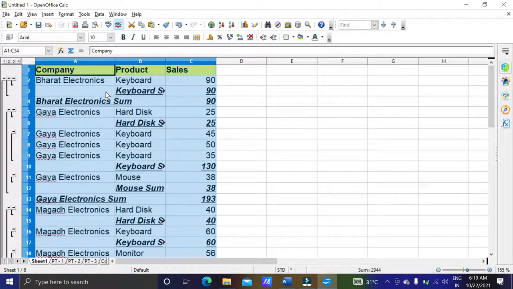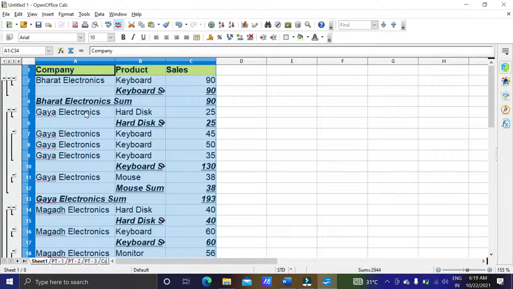Let's see what happens. So you can see first grouping is done according to company, keyboard. Second, you can see according to product also. Gaya Electronics hard disk, then sum of hard disk. Gaya Electronics keyboard, then sum of all the keyboards sold by them. Gaya Electronics mouse, then sum of mouse.